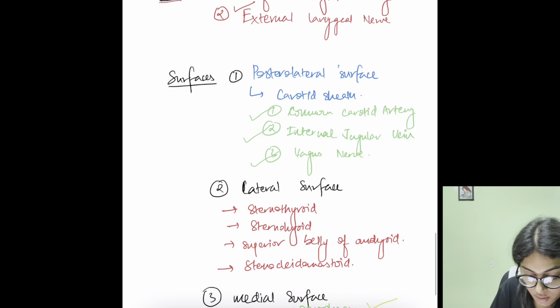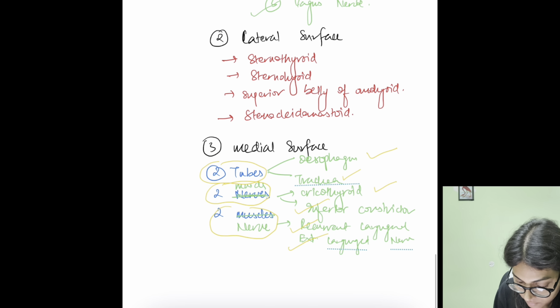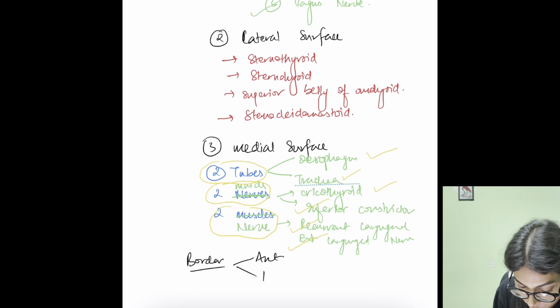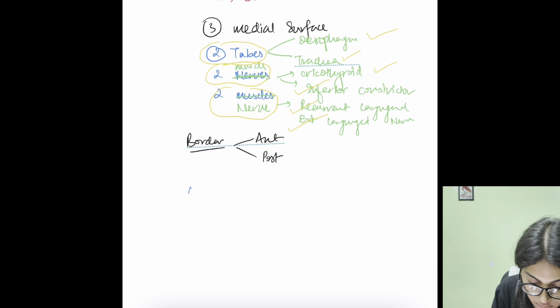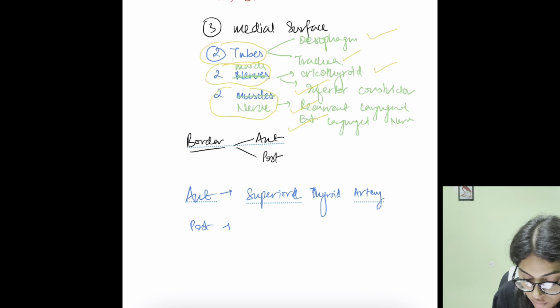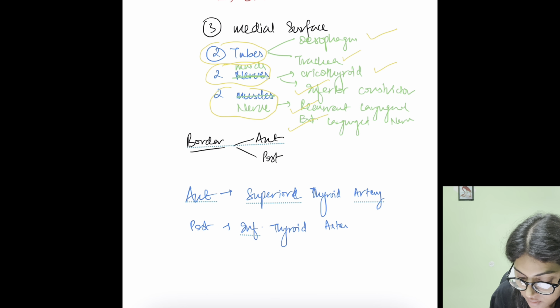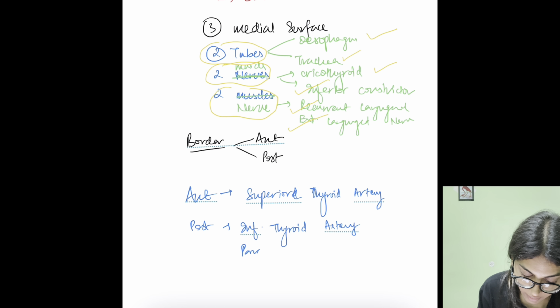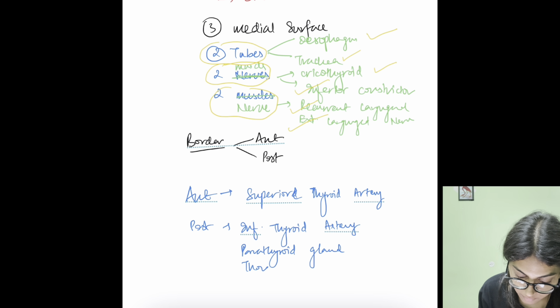And the borders are remaining, we have two borders, anterior and the posterior borders. Anterior border is attached to superior thyroid artery, and the posterior border is attached to inferior thyroid artery, and the parathyroid gland, thoracic duct,